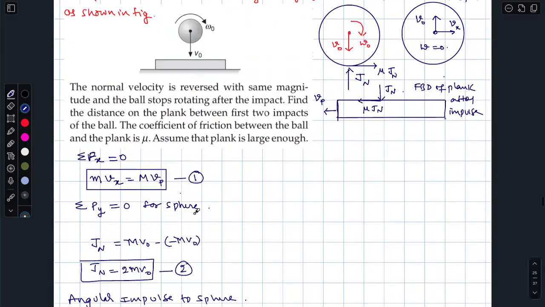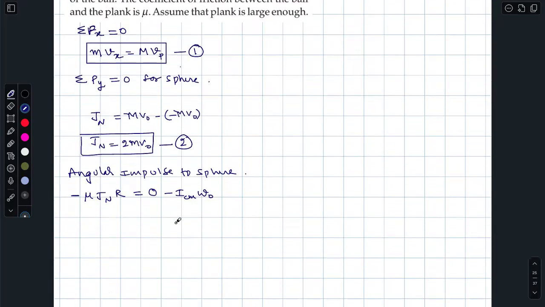Omega naught, right? So therefore mu Jn r is 2/5 m r square omega naught. Boys and girls,